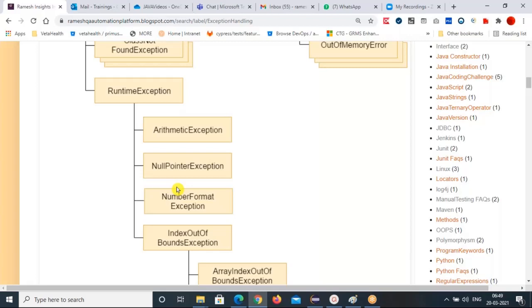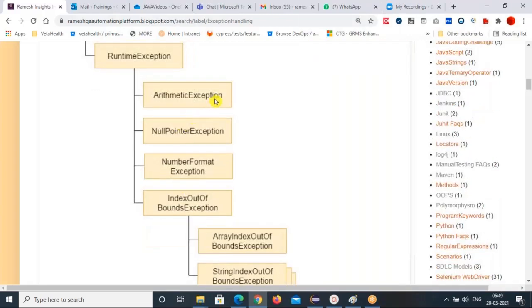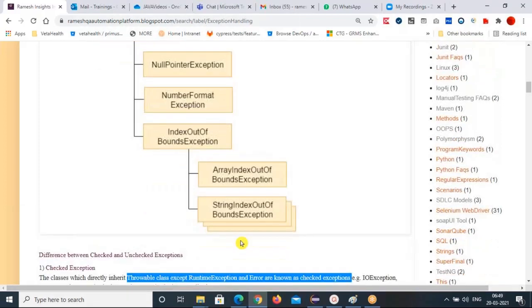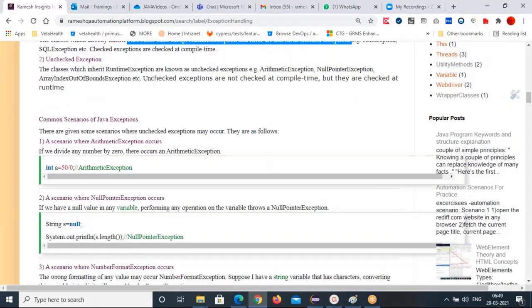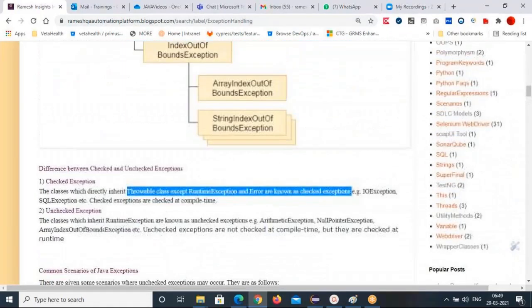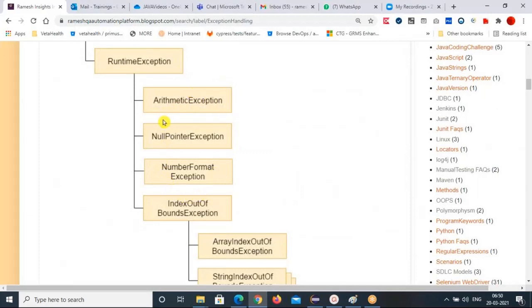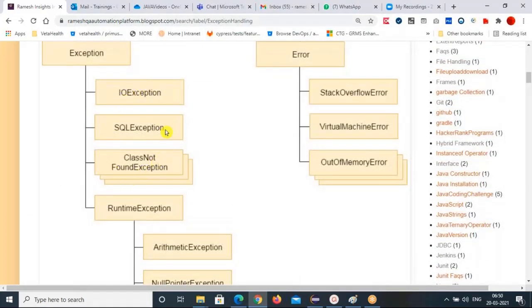Among unchecked exceptions, we have ArithmeticException, NullPointerException, NumberFormatException, ArrayIndexOutOfBoundsException, and StringIndexOutOfBoundsException. And I have given the reasons for ArrayIndexOutOfBoundsException. I'm not sure how many of you remembered, but not a problem if you don't. So these are the unchecked exception examples, and those are the checked exception examples.